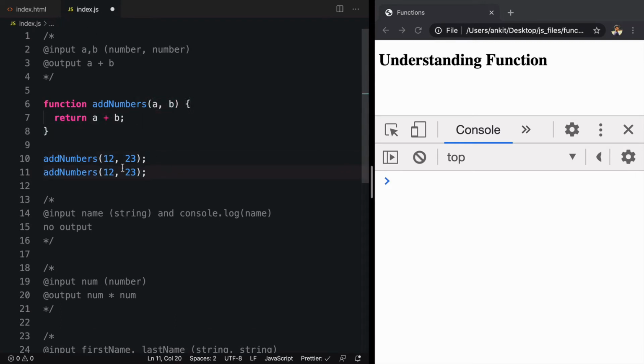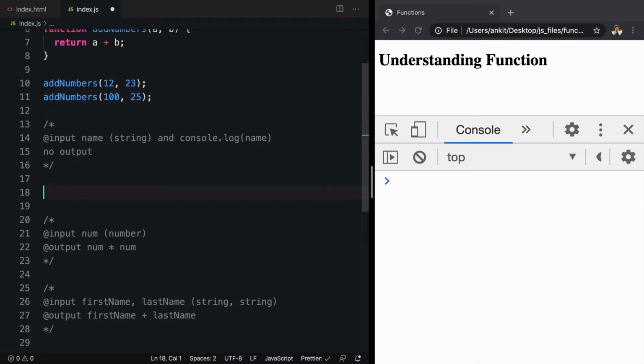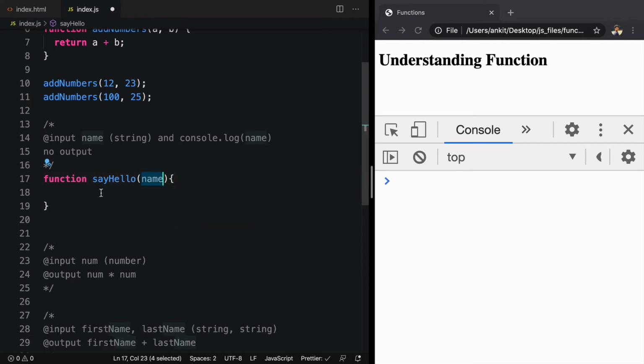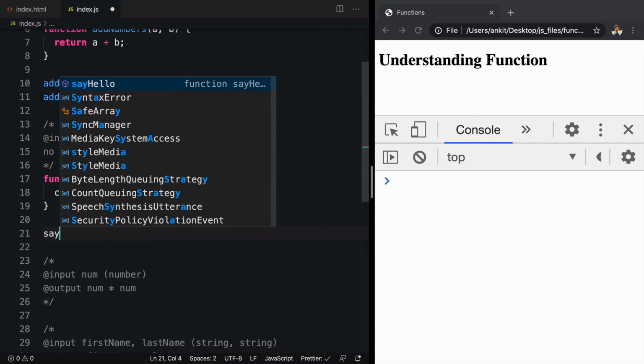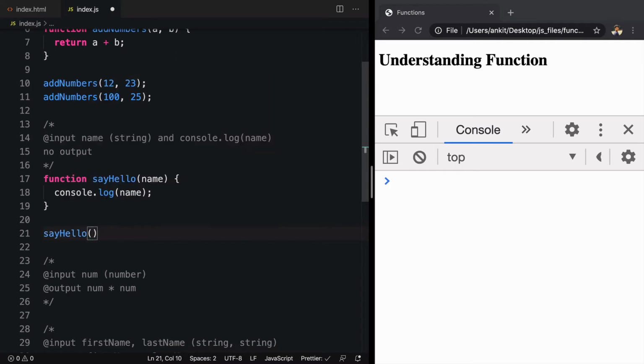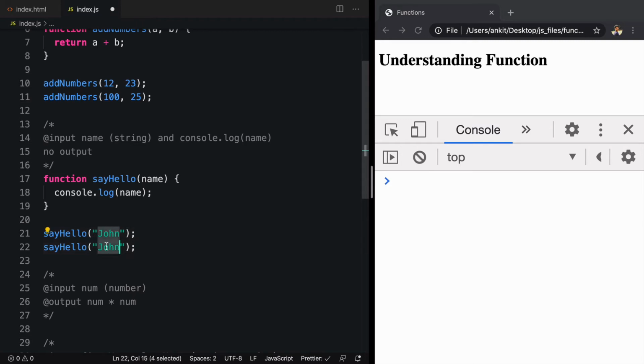Similarly, I can call this function with two different arguments like 100 and 25. Similarly, we'll go ahead and create this function. So this function accepts a name and logs the name. So I'll call this function sayHello that accepts a parameter called name, and all it needs to do is console.log name. Now, if we want to call this function, we'll pass arguments from here, and the value of that can be John. And if we want to call it again, we can call it with a new value,